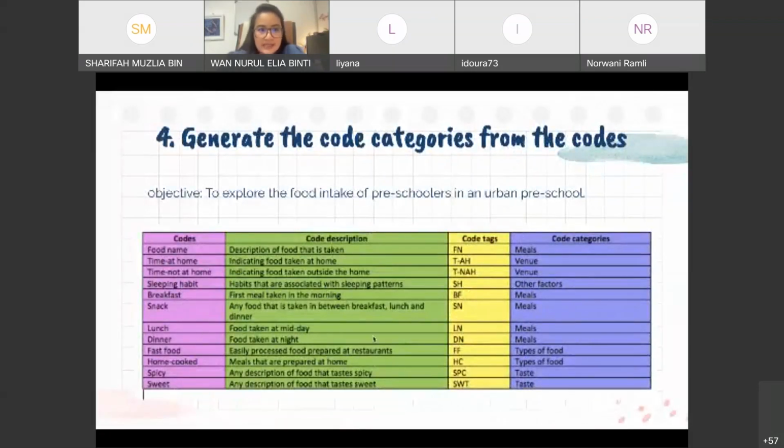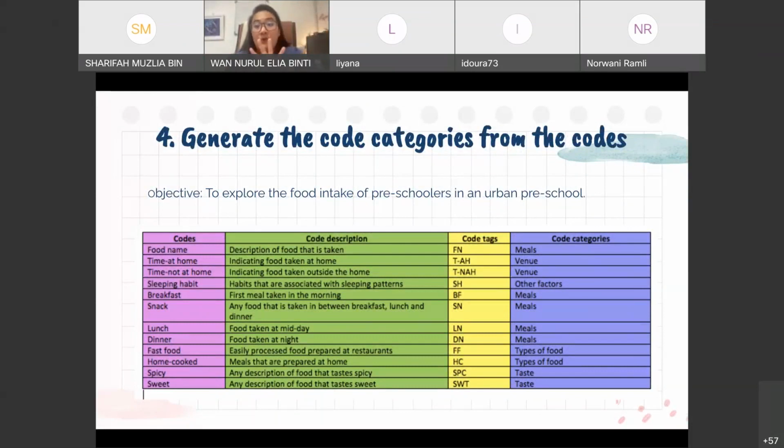Lunch is meals, dinner is meals, and that's all. And then you also have types of food: fast food, home cooked, and there's taste as well. There's venue as well. All right, so it all depends on how you can make sense of the codes that you have collected. How can you categorize them into the different categories?